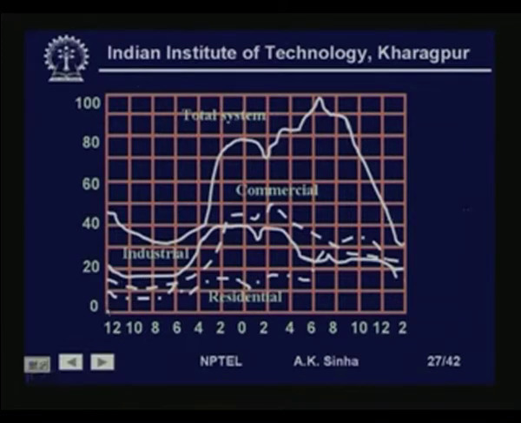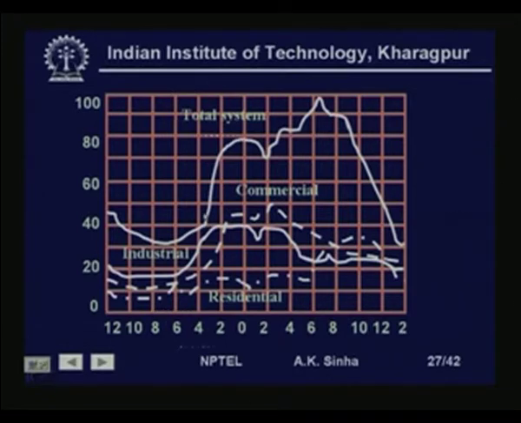Okay, this is showing, yeah. So, late in the night we have very low loading. I am sorry, this should not be 10, this should be 2, 4, 6, 8, 10, 12, and so on. Anyway, here late in the night we have very low loads, and then as the morning goes up,